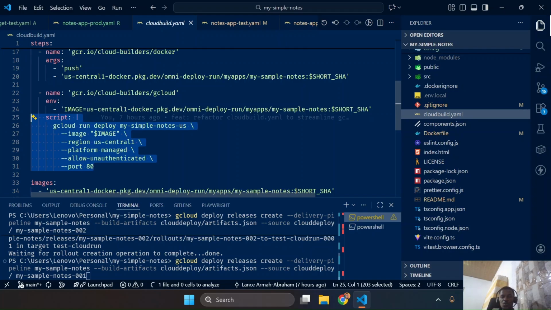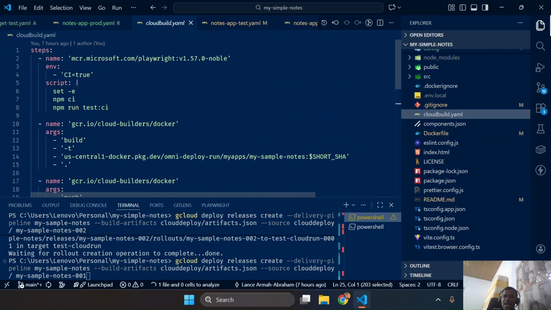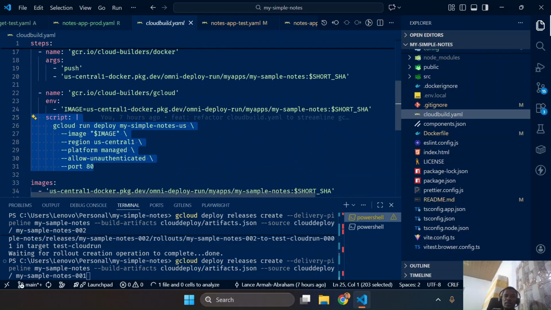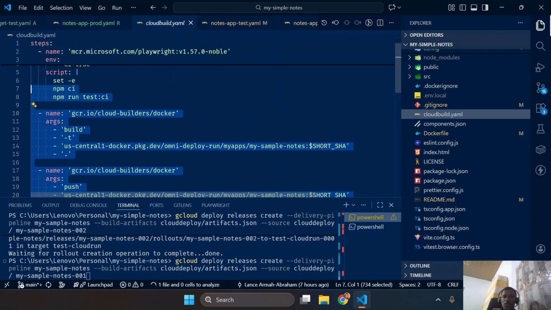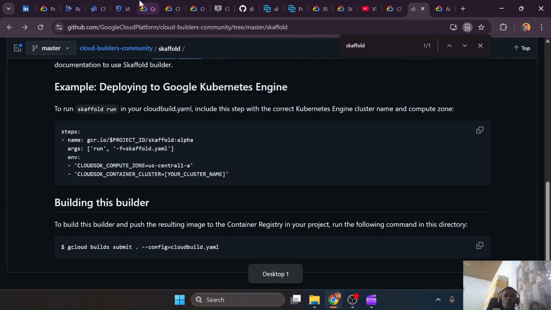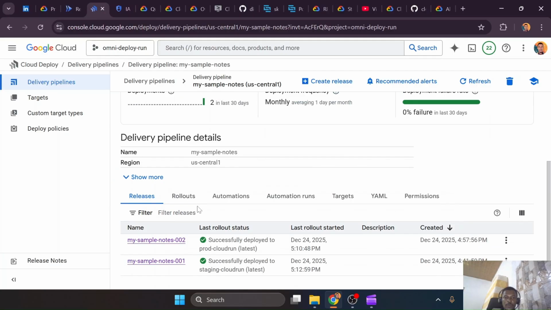So you just create a Cloud Build trigger, and then you provide a Cloud Build YAML like this, right? And maybe you will not go ahead to do this deployment step. You will not even build and push your own image. So let's just say you only do your test, and then after your test, you add another step for scaffold, and then you add another step to create a release, right? So once you do that, you can then manually go to the Cloud Console to promote the releases, right? And if you look over here, you should be able to see all of the releases,